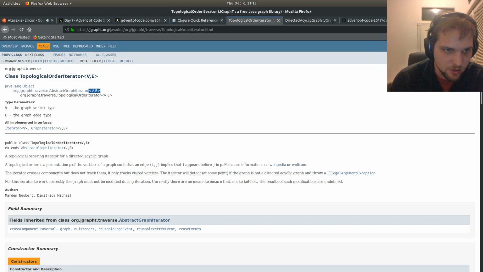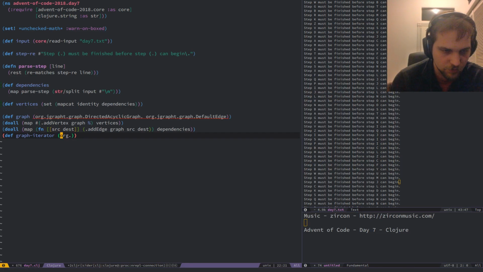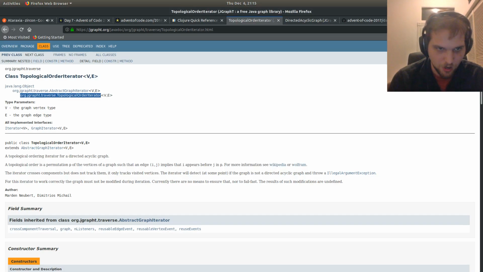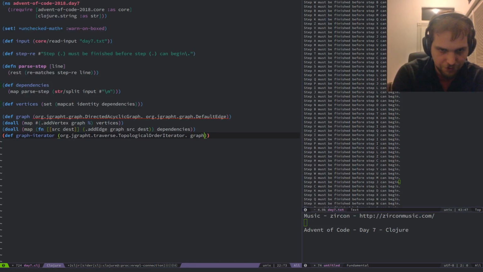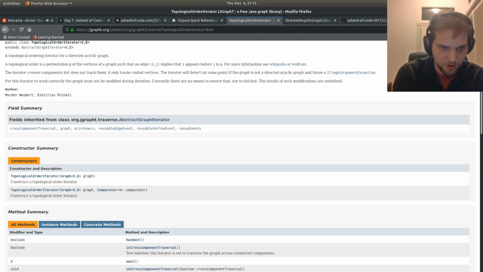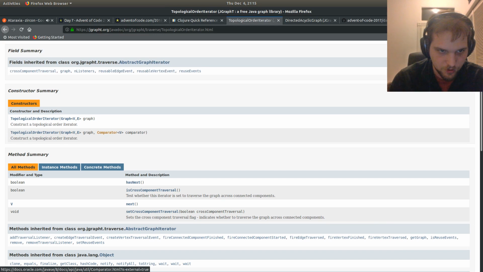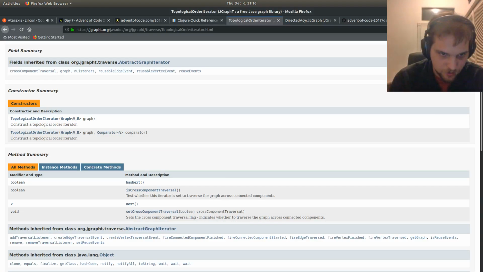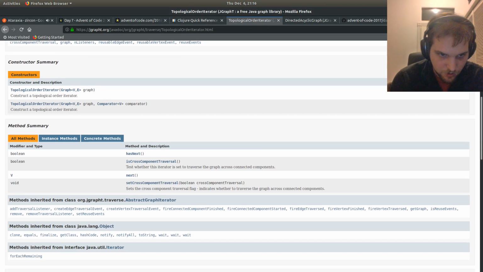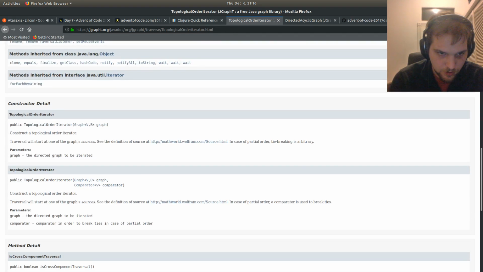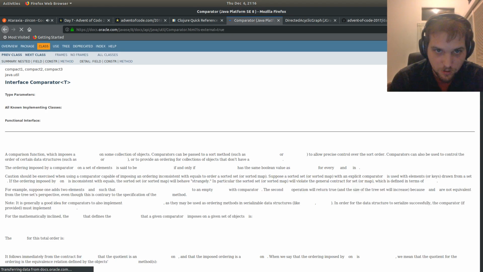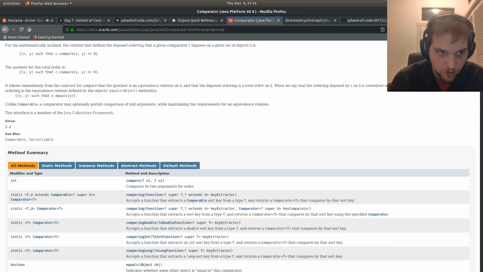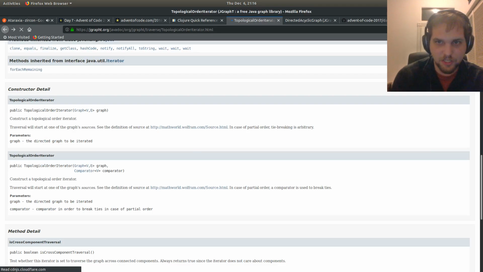Let's just get the iterator for our graph, and with a comparator, this is where I need to look something up here.